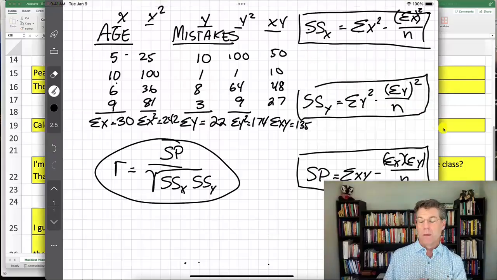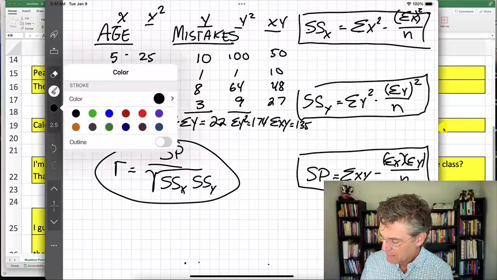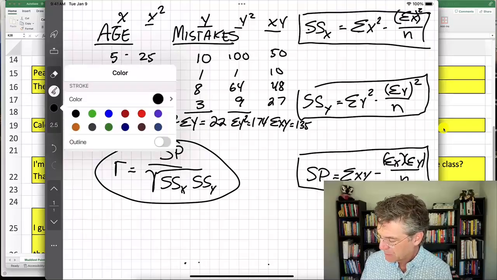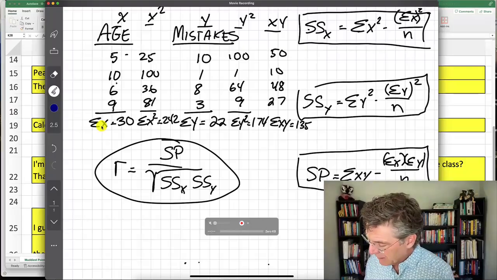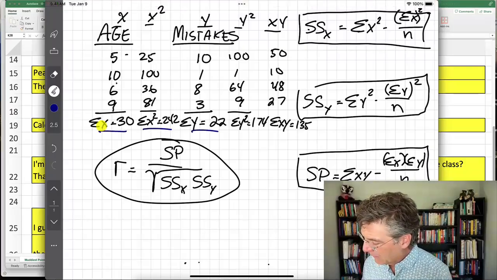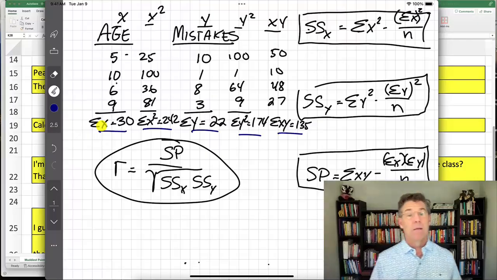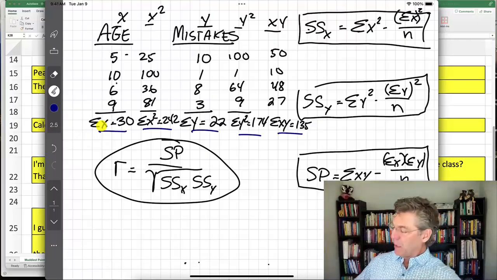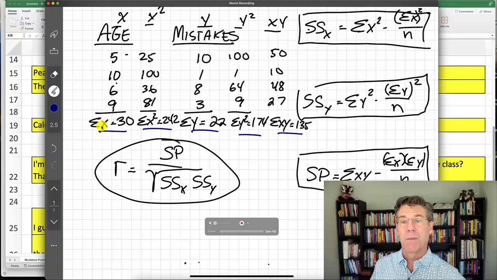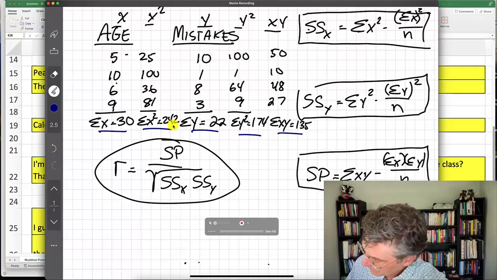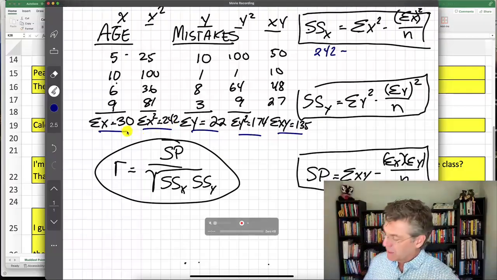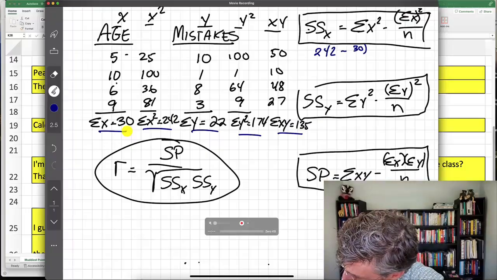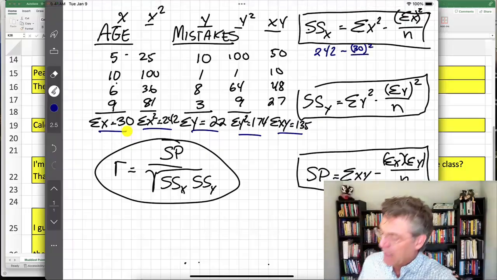All right. So now what I can do is do all of my calculations, because I have all of the components. You want to think about it as I've got 5 things down here at the bottom of my table, and they just need to be plugged into my formulas here on the right. Okay, so I need my sum of x squared. There it is, 242. Minus, I need my sum of x, which is 30. Put parentheses around that and square it, and then divide by my n.